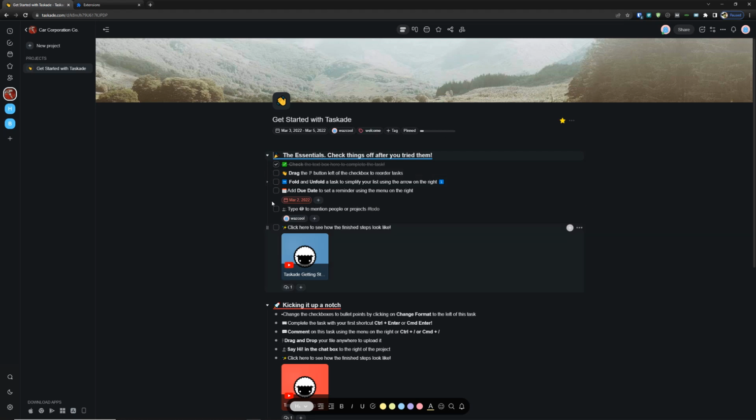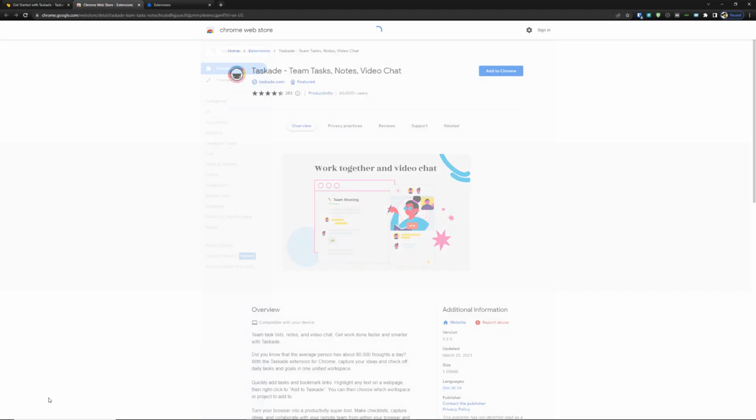You can log into Taskade, and always in the bottom left hand side at the bottom it says download apps, and then if you just click on the one that looks like the Google icon, the Chrome icon I should say, it will open up in the Chrome web store like this, and then you just go add to Chrome. As you can see, this is a very good extension. It's got like 4 and a bit stars. Anyway, we're going to add to Chrome, add extension,